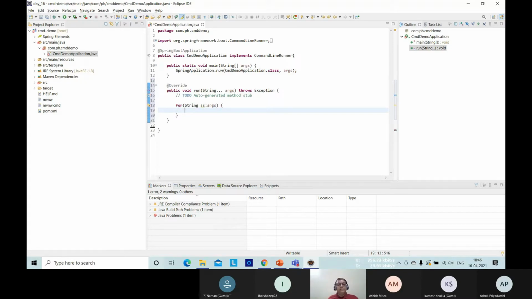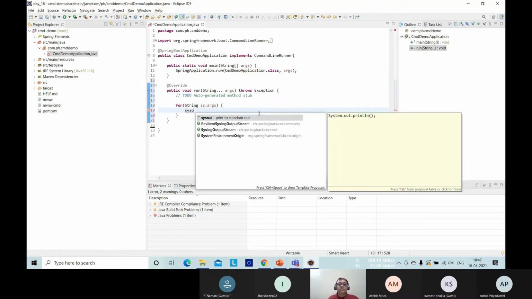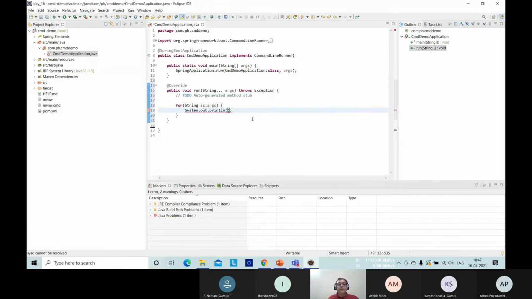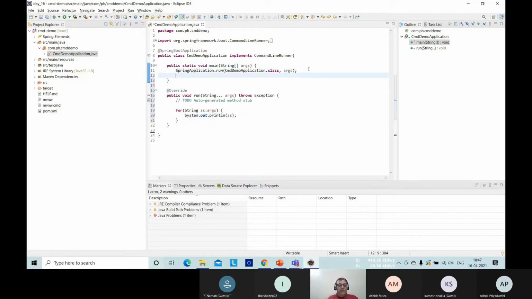Very simple. This loop keeps on iterating as many times as the length of the args array. And I'm just going to syso, print and see what messages we have. Let me also display messages over here.